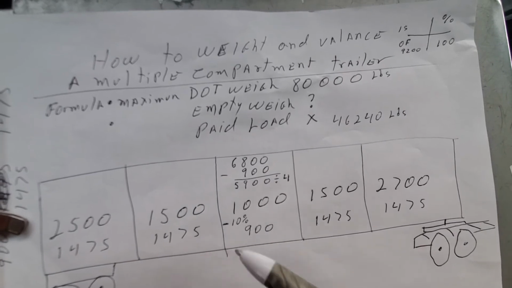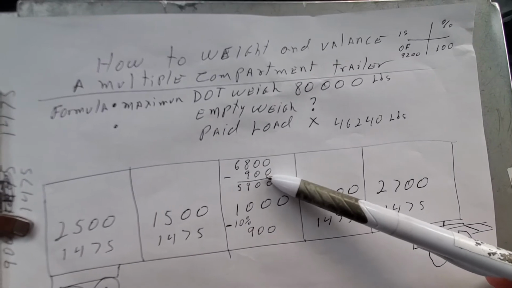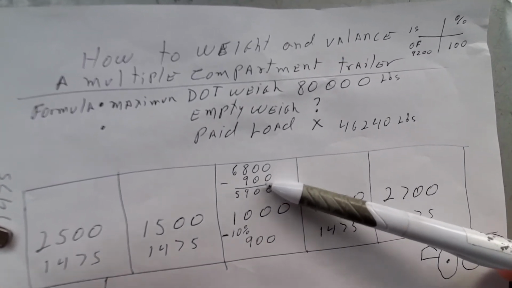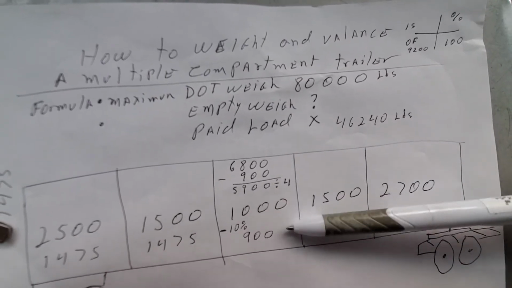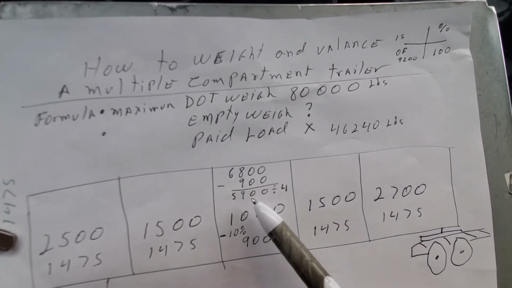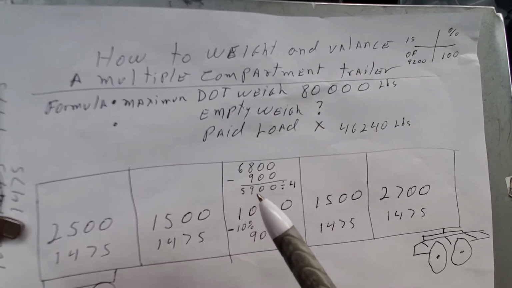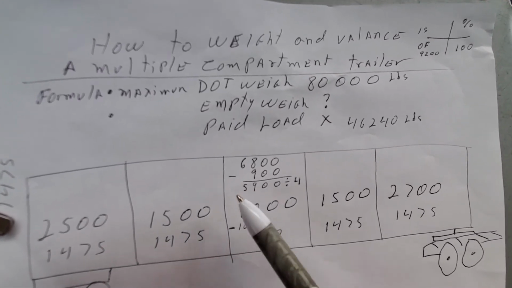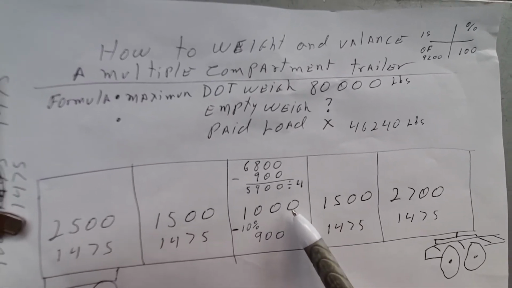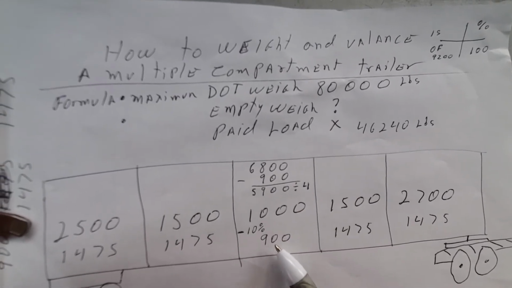But you can actually go all the way to about maybe 5%. I will not go any shorter than 5%, because you have to allow the product to expand in there. So when I establish the maximum amount of gallons, not pounds, gallons, that I introduce into the lowest compartment, what I do is subtract that number in gallons